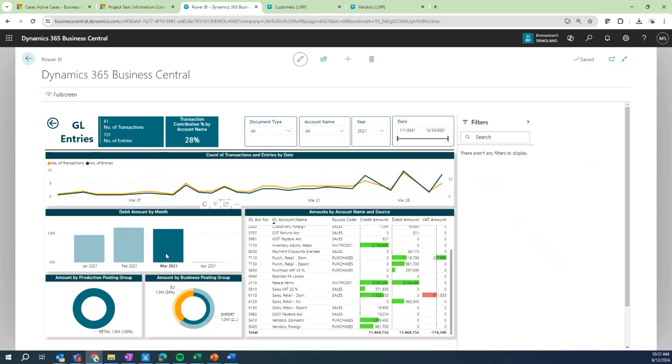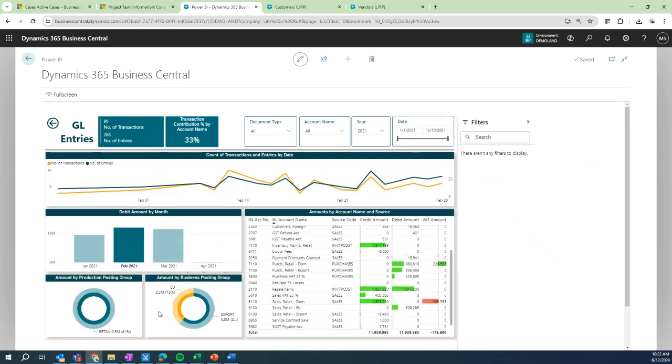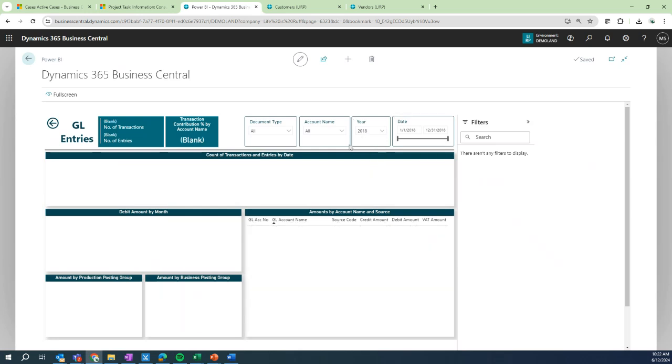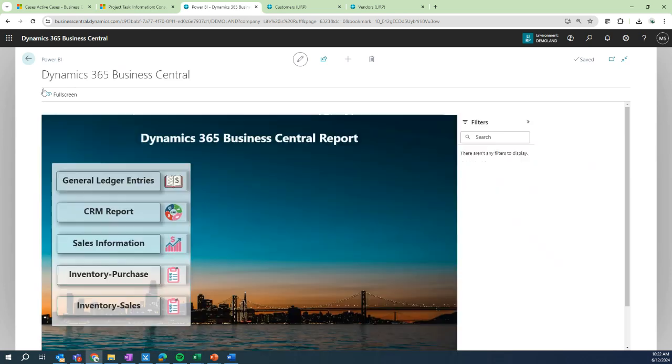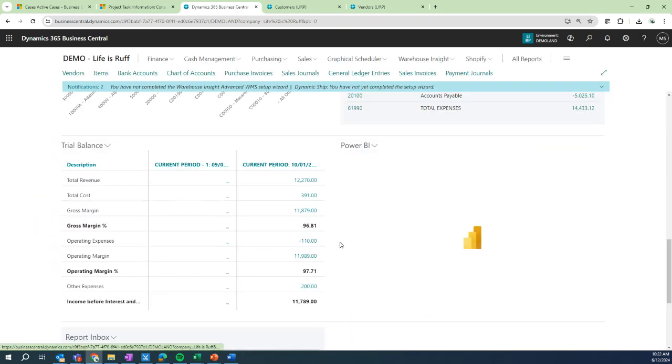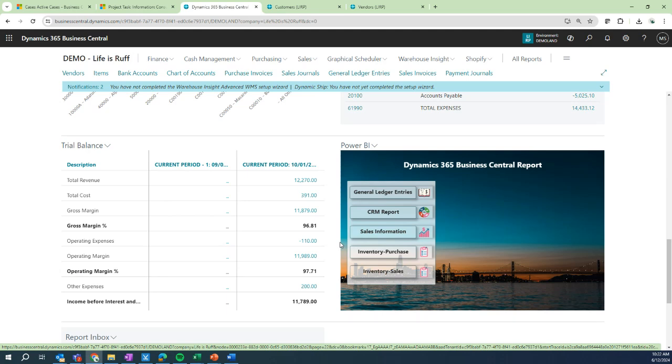And they're all interactive. So you can see as I'm selecting different date ranges, my information is reacting to how I do that. I can even come here and I can select different years. I can choose specific accounts. And all of that is able to be accessed with your live Business Central data and any Power BI reports that you've created. Now, not only do we have this on our role center, but we also have it throughout